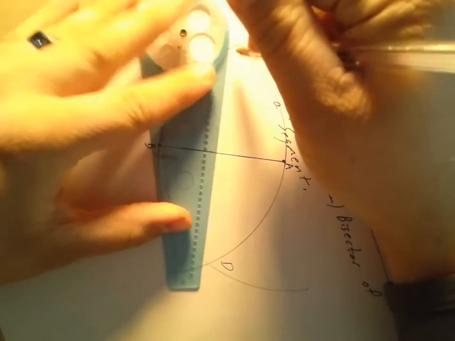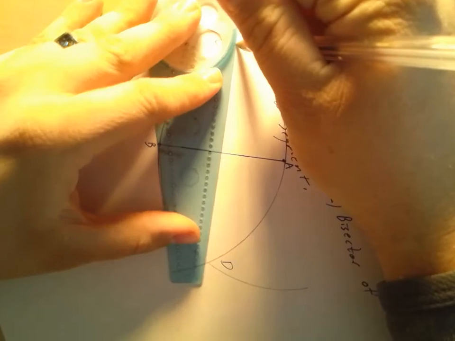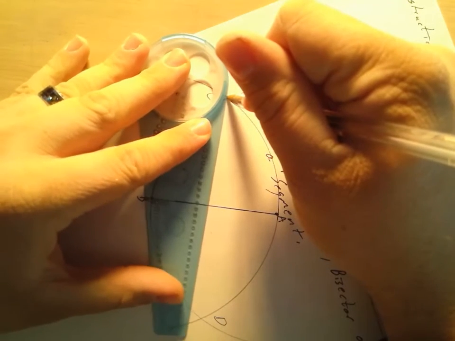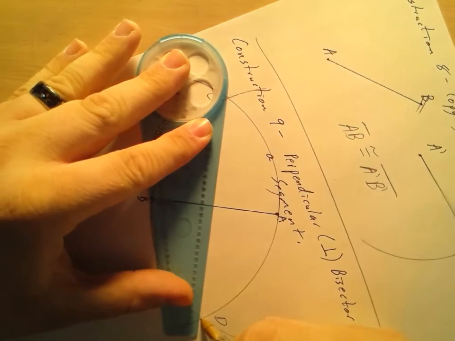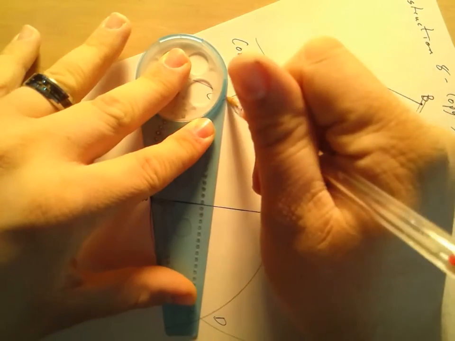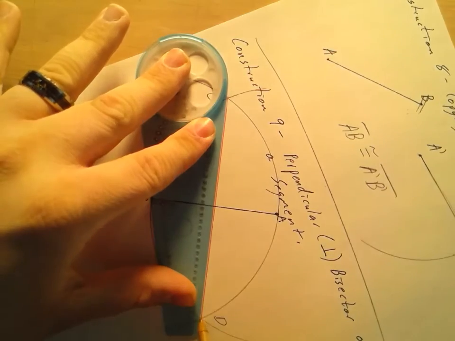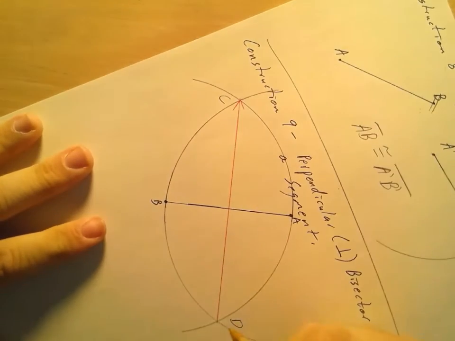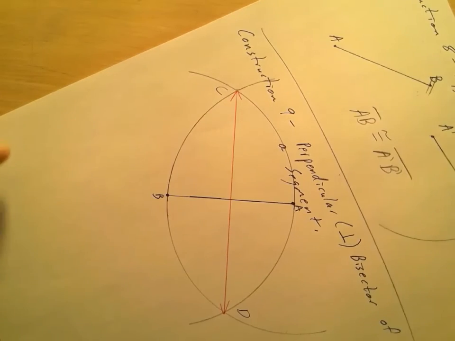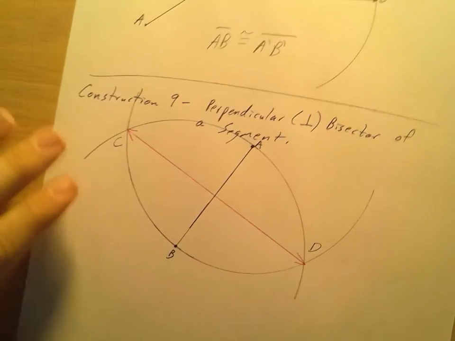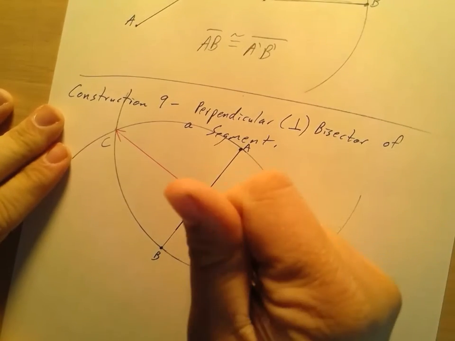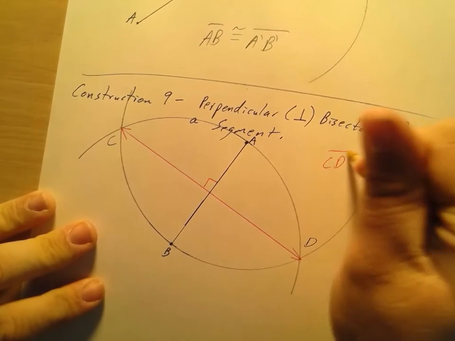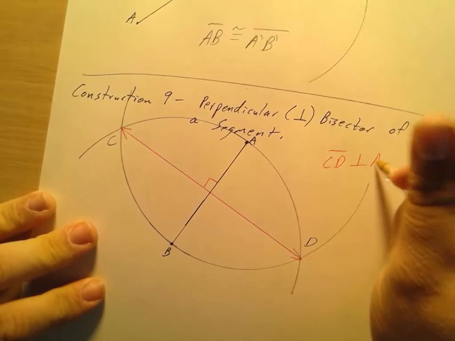And I'm going to go ahead, set up my straight edge, and there. Now I could say it's a line, or I could say it's a segment. It doesn't matter which one it is, because the only thing that matters is that it is perpendicular to AB. So we could say that CD is perpendicular to AB,